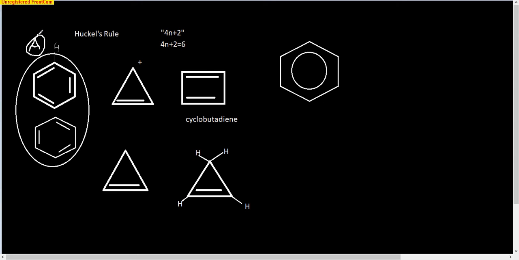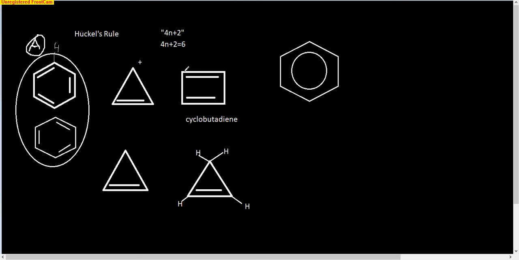So there are other cases, though, that are not quite the same. A classic example I've seen a few times is cyclobutadiene, and this is not the right name, but whatever. So this square with two double bonds in it, it is flat, it is conjugated, double bond, single bond, double bond,